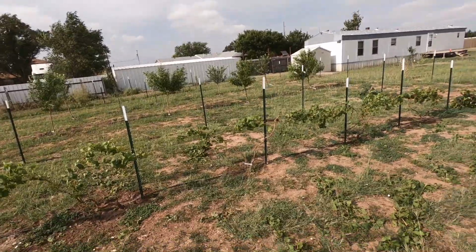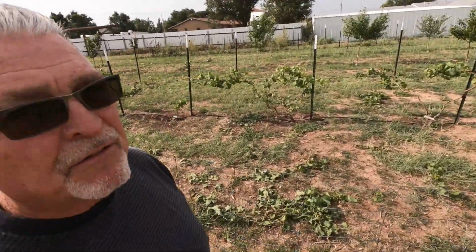Now I've got quite a number of grapes on the vines, but I'm not really sure whether we're going to be able to harvest this year. I guess we probably will, those that are ready to harvest, because it looks like some of those grapes are coming along pretty good. So anyway, I'll keep you abreast on what's happening on the grapevines. All right,